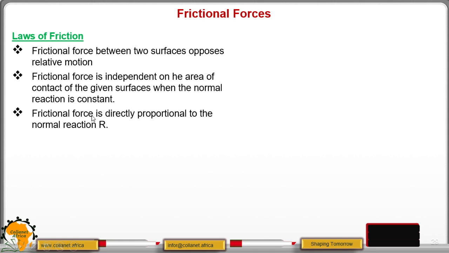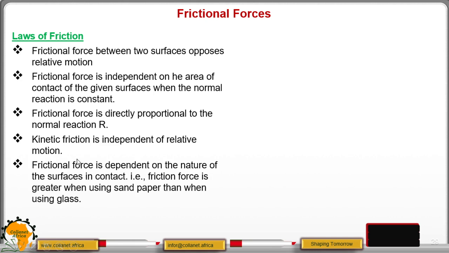Then another point is that frictional force is directly proportional to the normal reaction. That is why we say F equals mu R, where mu is the coefficient of friction. Then another point is that kinetic friction is independent of the relative motion. And the next one is that the friction force is dependent on the nature of the surface, which implies